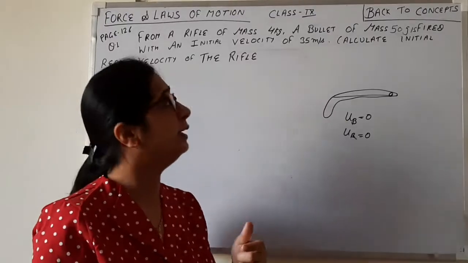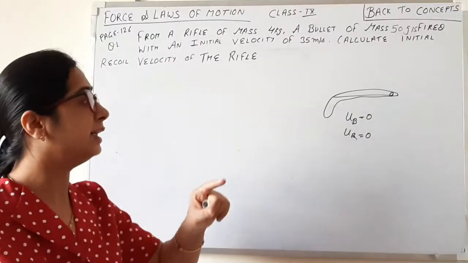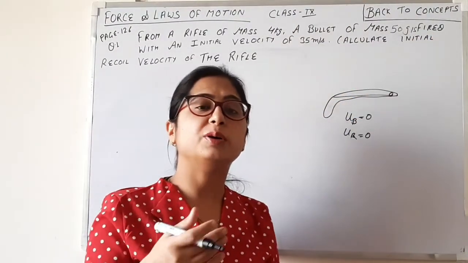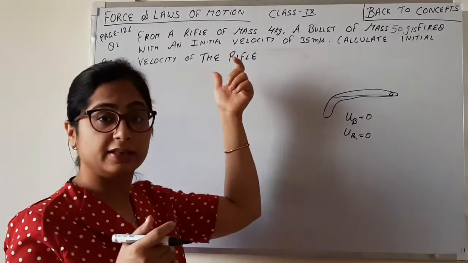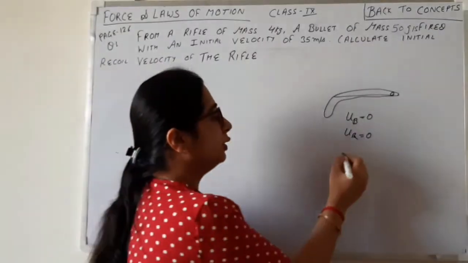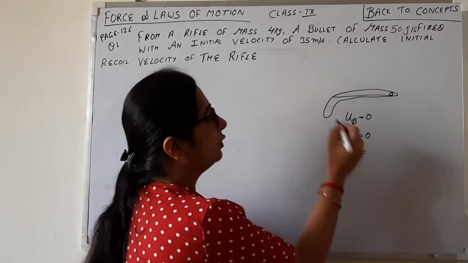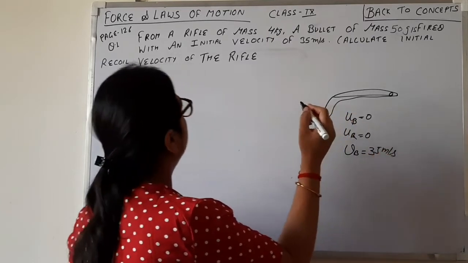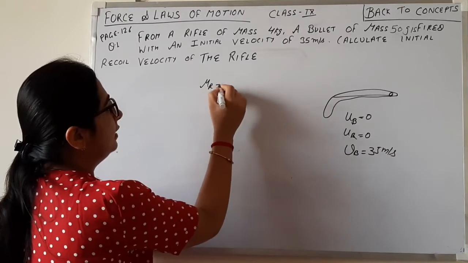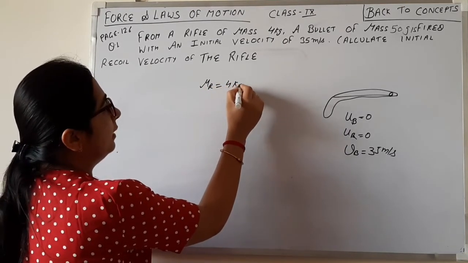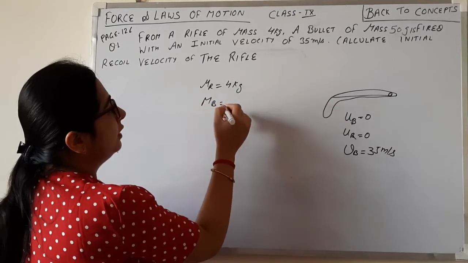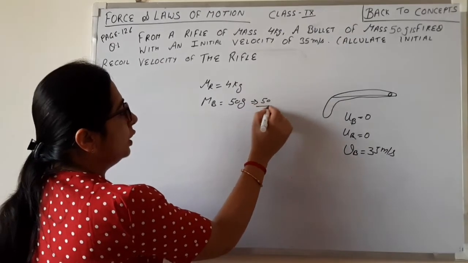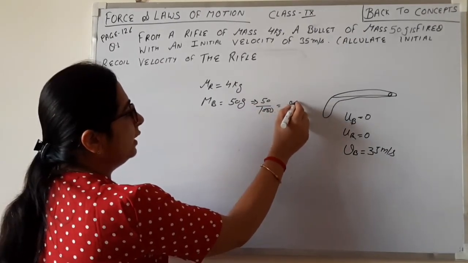So what is meant here by initial velocity? It's the initial velocity after fire. Here the word given is fired, so what we call final velocity is confusingly given here. Here the velocity of the bullet is given, that is equal to 35 meter per second, and the mass of the rifle is given, that is equal to 4 kilogram, and the mass of the bullet is also given, that is equal to 50 grams. First of all, we have to convert it into kilogram: 0.05